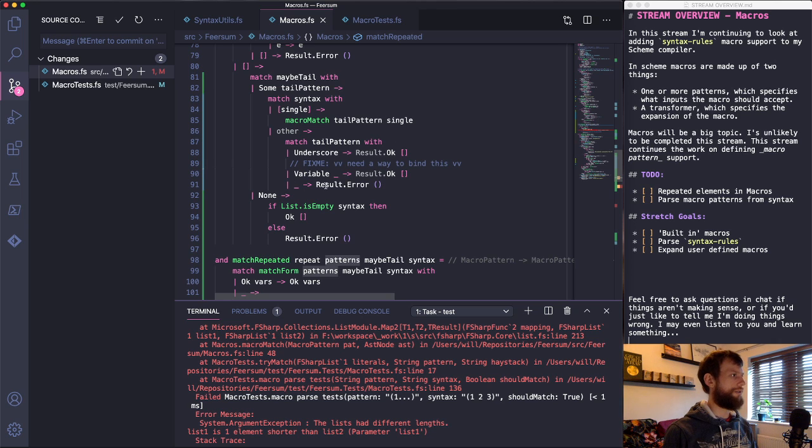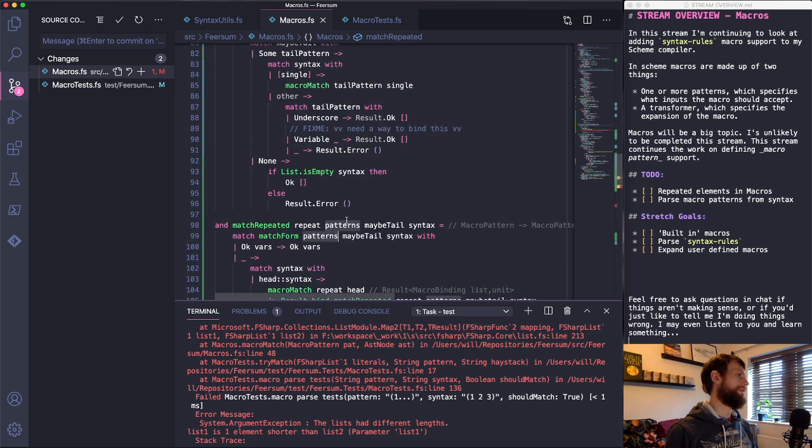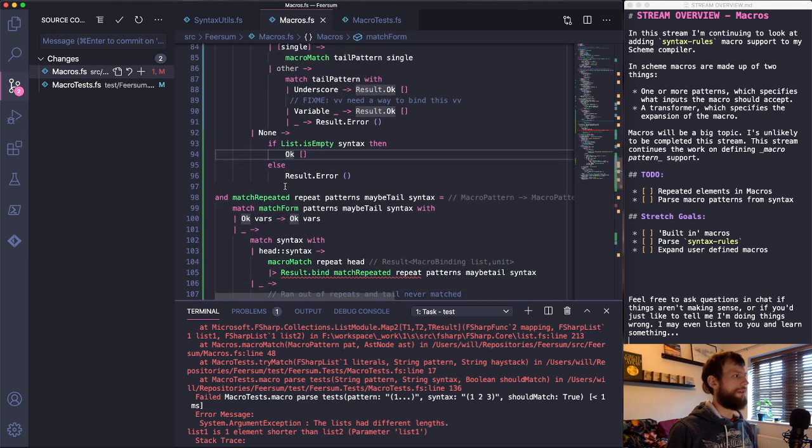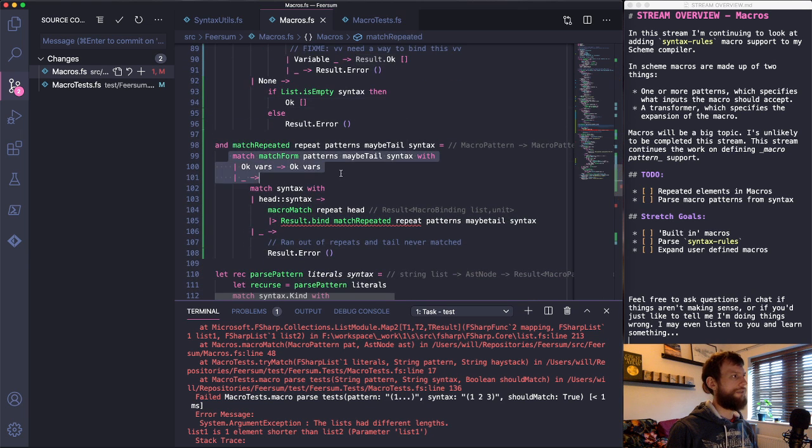If the tail matched cleanly, we'd end up with some result. If we didn't have any tail, we'd come here, list none, and as long as there's no syntax left, we'd get okay. So that's how we successfully exit out of this recursion. And if we don't manage to successfully match the tail, then we check to see if we've got any more syntax to match. And if that works,